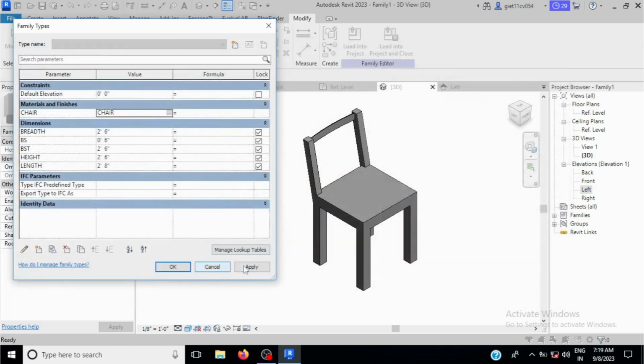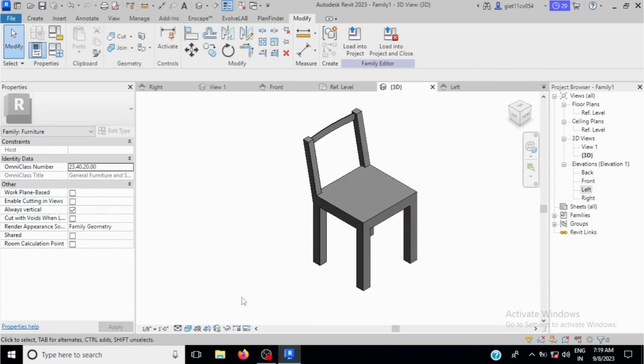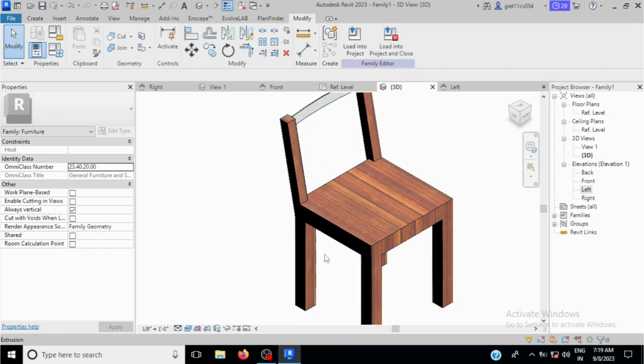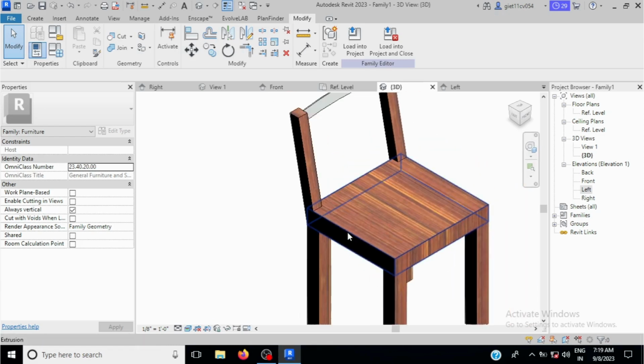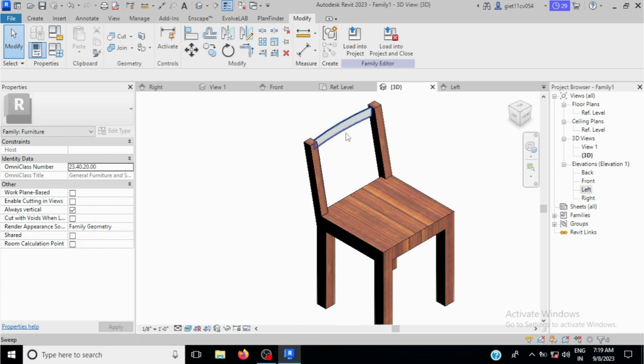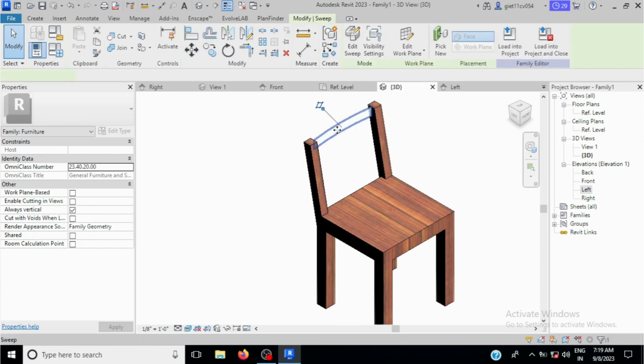Okay, apply it. Go to the realistic, you can see here the color has been applied. So suppose you want this one also, click on the one,